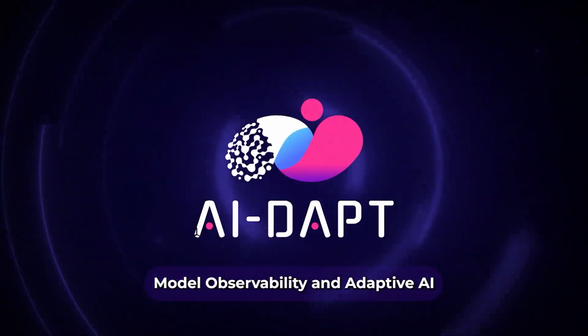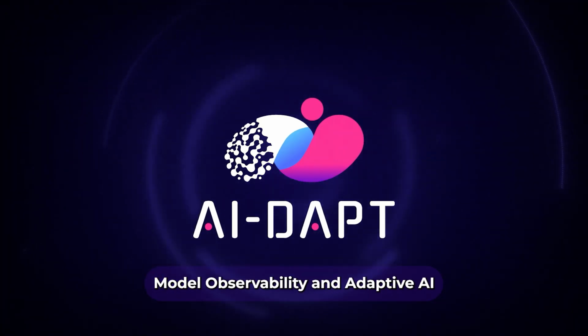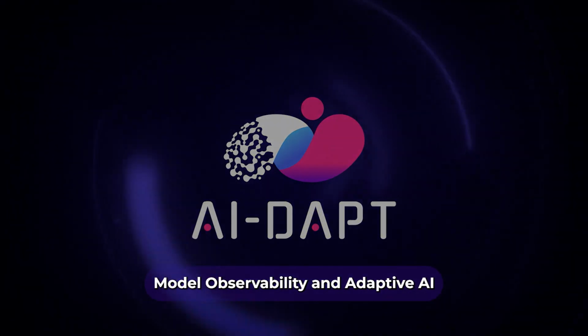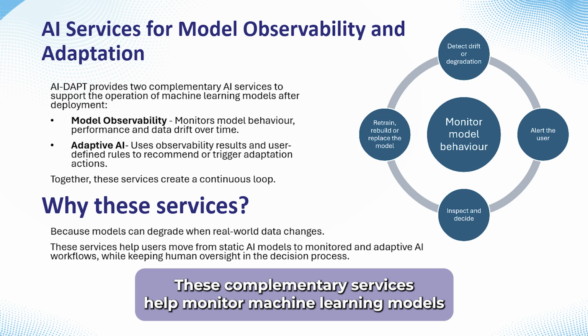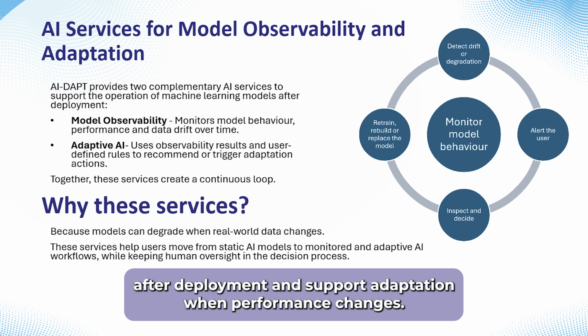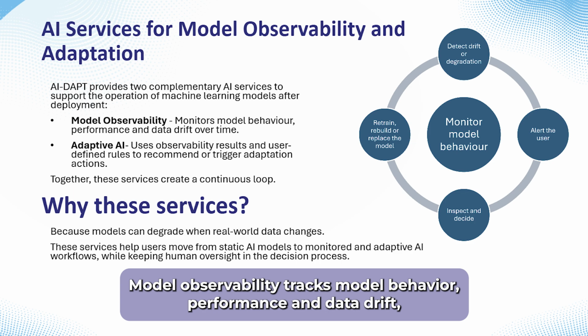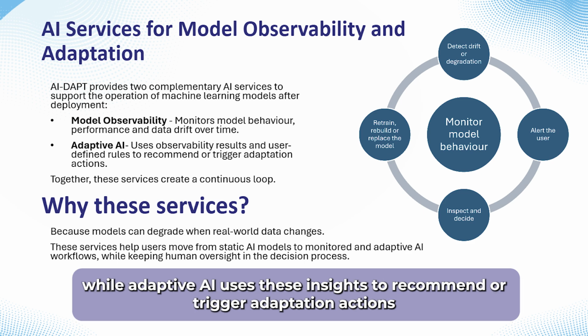This is a demonstration of the AI-DAPT model observability and adaptive AI. These complementary services help monitor machine learning models after deployment and support adaptation when performance changes. Model observability tracks model behavior, performance, and data drift, while adaptive AI uses these insights to recommend or trigger adaptation